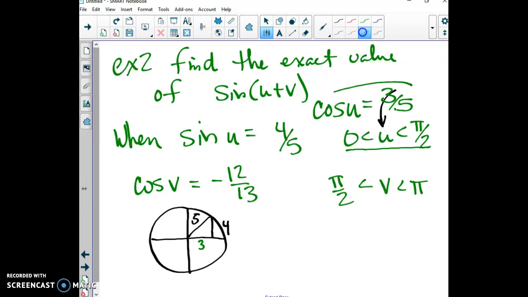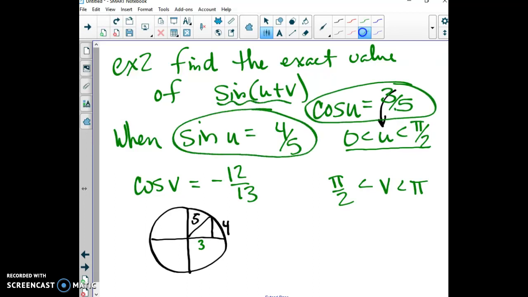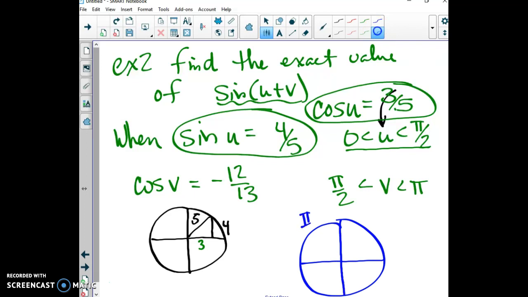Thinking about our unit circle. So we know cosine u and we know sine u, and we're going to be using one of our sum theorems. So now between pi halves and pi, we are in the second quadrant over here, and we know cosine of v now. This was u. The cosine of v is negative